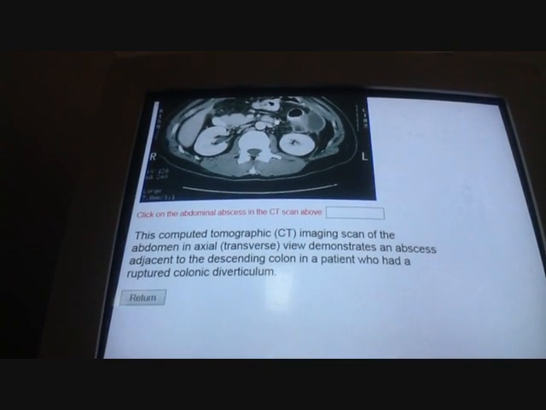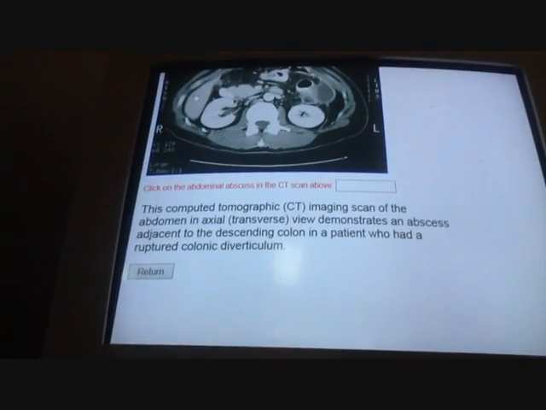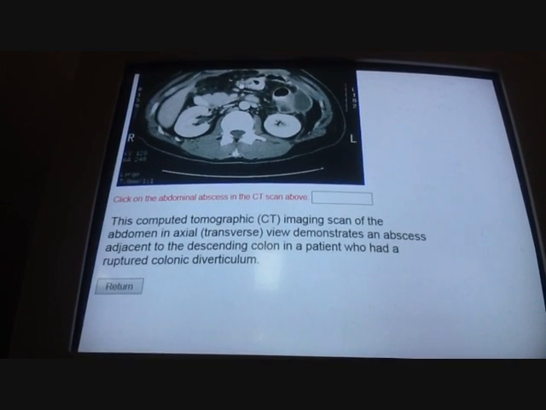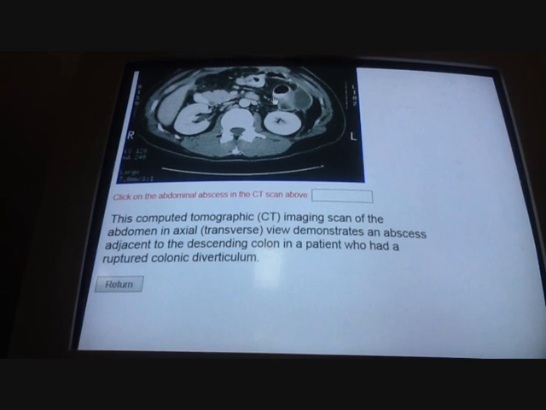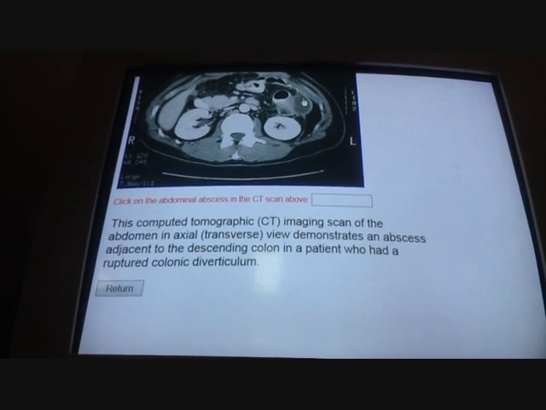This CT image shows us a patient with an abscess at the descending colon. Here we have the liver. This is the right side of the patient, and this is the left side. This is the transverse colon, and here we have the descending colon. At the side of the descending colon, you have this collection, which is well circumscribed. This is an abscess as a result of